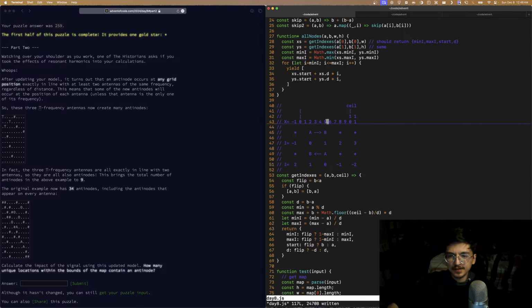Yeah, if I look at it right here, it looks like it would just be 2 to 5. So all these numbers are going to be equal modulo the distance between B and A, so that would be 3. So you really do just have to iterate through every single one of these things and then see, is it